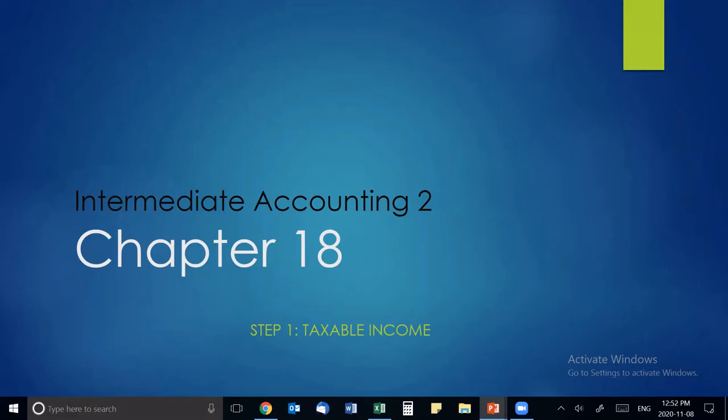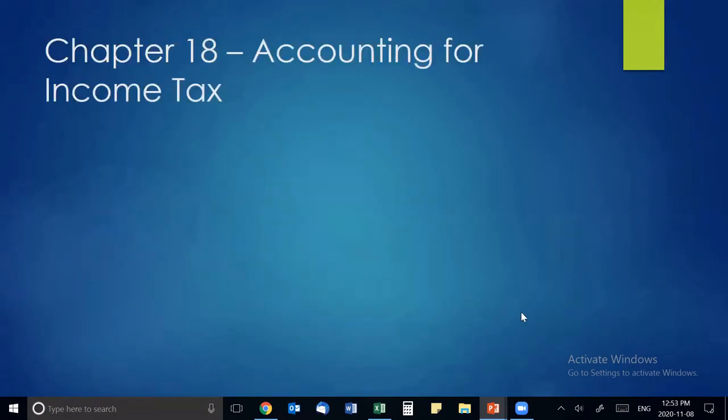There's 3 steps involved. So this video is going to be talking about step number 1, which is determining taxable income. So Chapter 18 is all about accounting for income tax. So what you've been doing so far is accounting to figure out what your net income is. What we're going to try to do is figure out how much tax would have to be paid in a